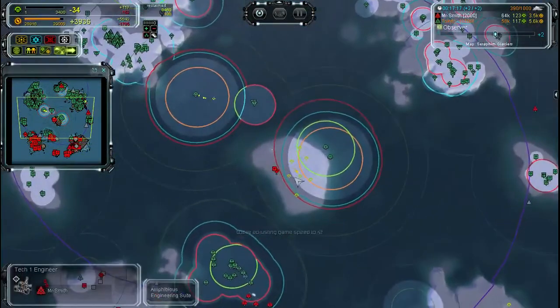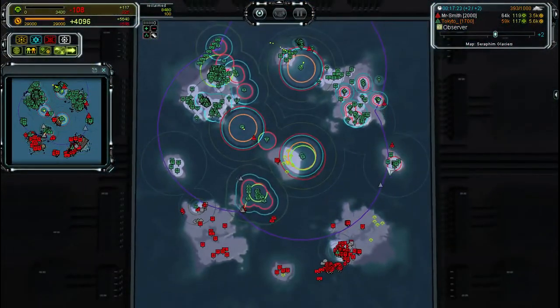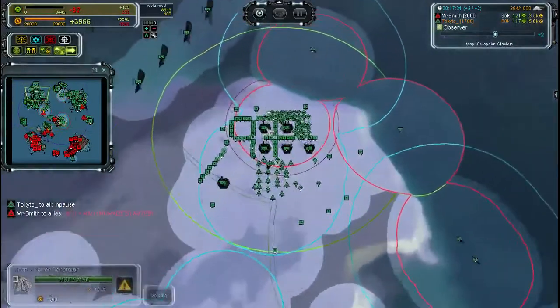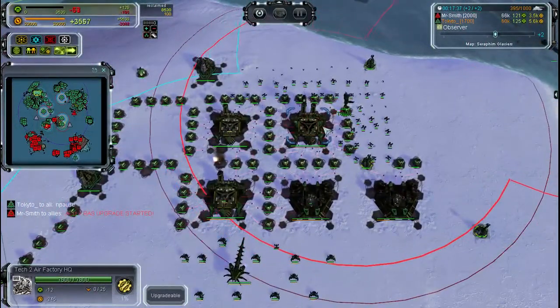Okay, so Tokyto cleaning up the middle island, so that evens out the map control. Even Tokyto have now one small island more. And he is done with the rest and going for T3. So